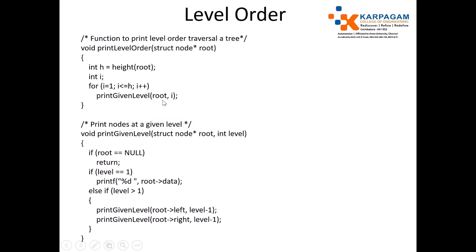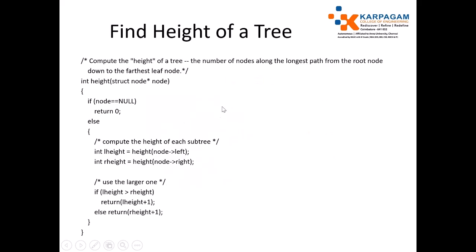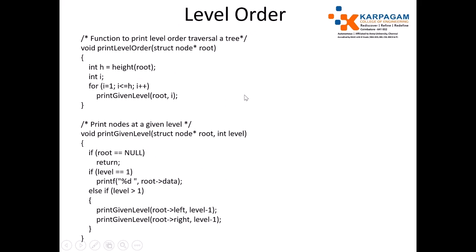Okay, consider we are passing the root node and trying to print the data at the first level. It will call this function, with the root node address passed and level value 1. If root is null, it will return nothing. If level is 1, just print the data. At the first call it prints the data 1. After printing the data, it will immediately come out. Next, we use the loop for the second time. We are iterating for the second time. Now i equal to 2.